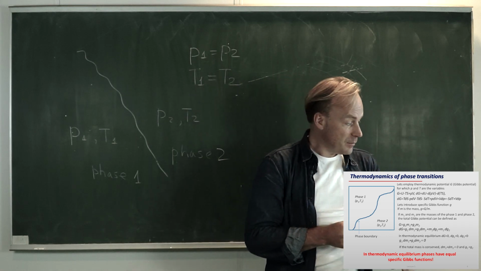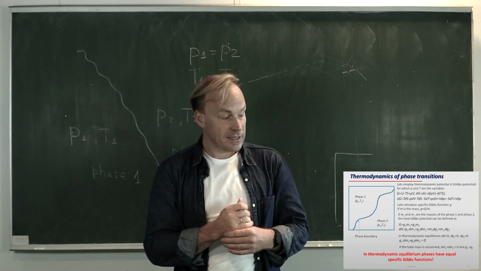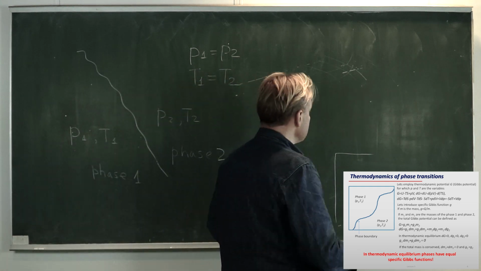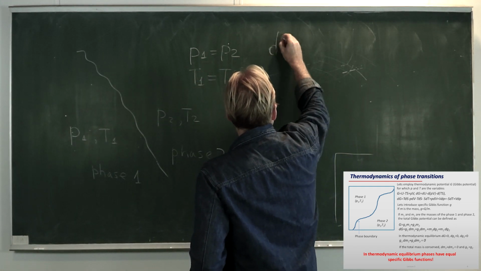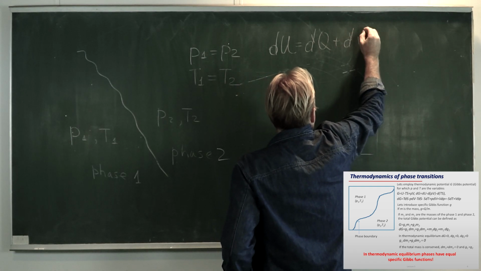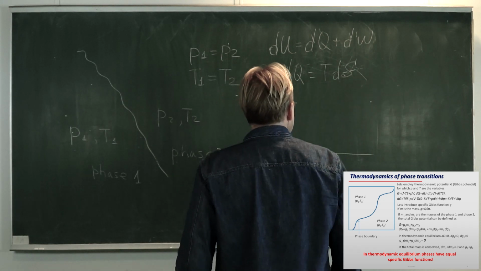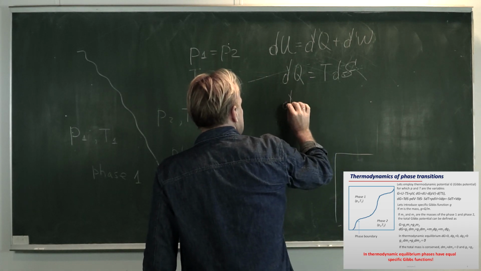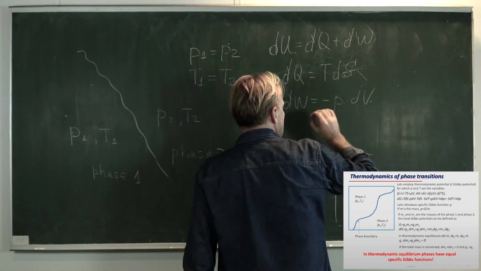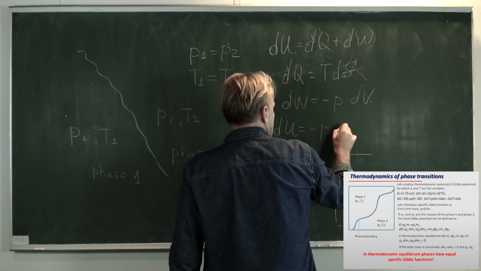Well, if you want to understand something in thermodynamics, we showed that you have to start with choosing the right variables and choosing the right thermodynamic potential. The variables in our case are pressure and temperature. Then we write the first law of thermodynamics. If we talk about reversible processes, heat would be equal to temperature times the change of entropy. And if we talk about situations when pressure is involved, then work performed on the system would be pressure times change in volume. And it means that the first law of thermodynamics will be written in this form